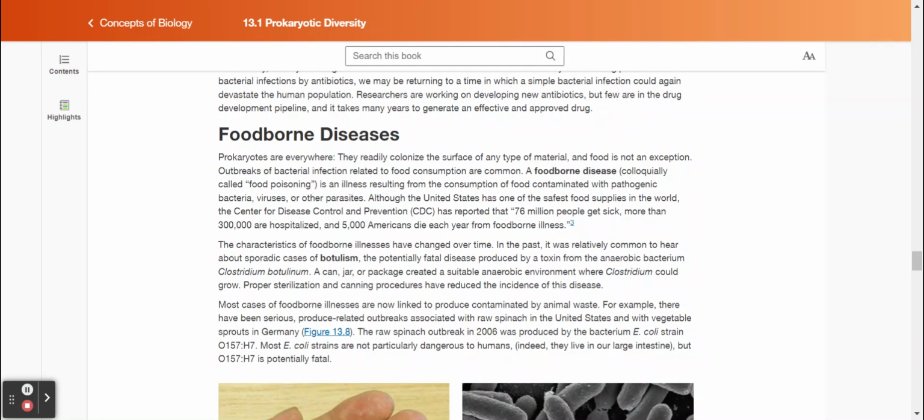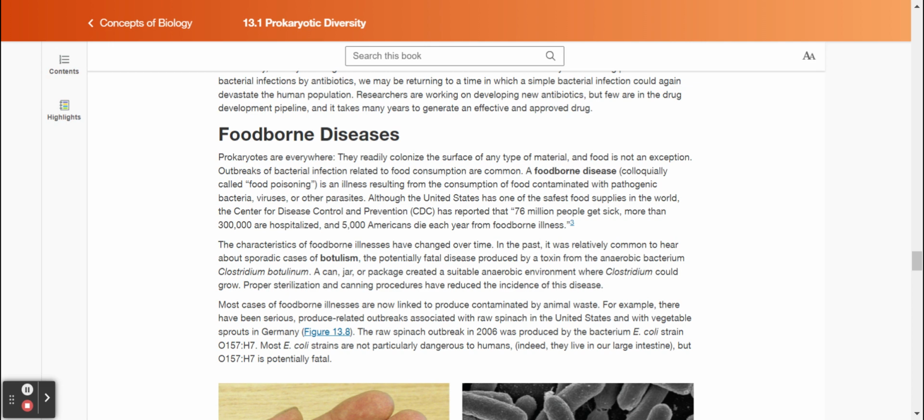Foodborne diseases. Prokaryotes are everywhere. They readily colonize the surface of any type of material, and food is not an exception. Outbreaks of bacterial infection related to food consumption are common. A foodborne disease, colloquially called food poisoning, is an illness resulting from the consumption of food contaminated with pathogenic bacteria,